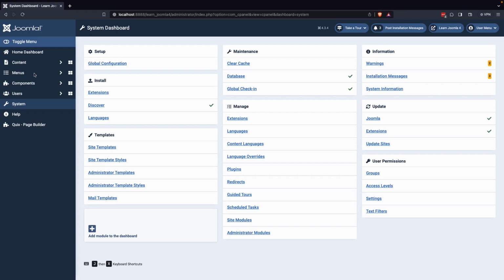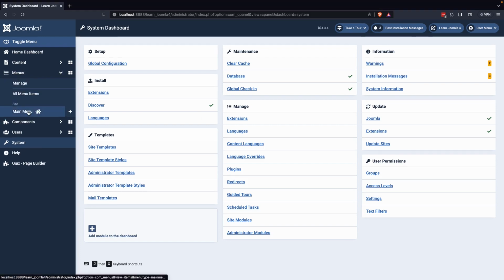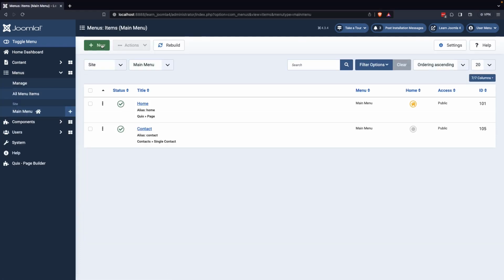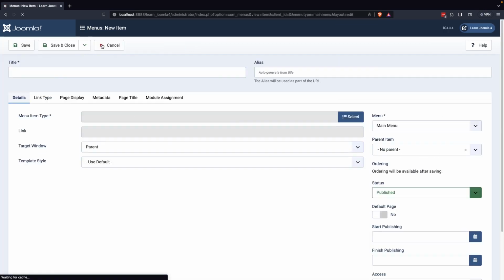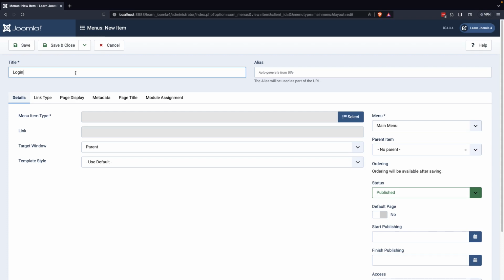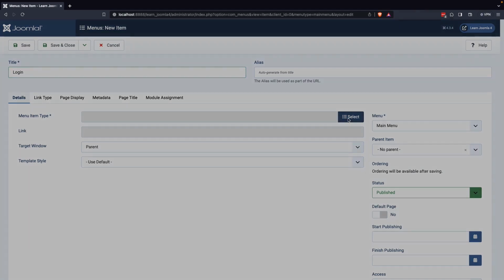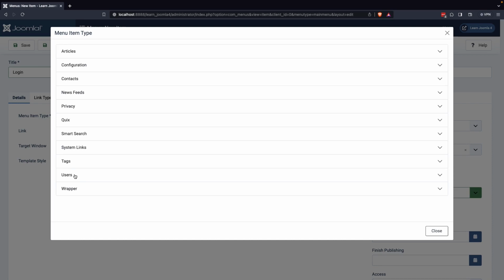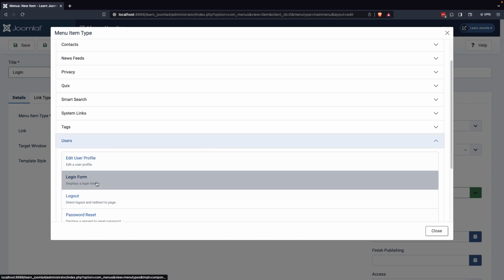simple steps. First, you need to access the main menu from the Joomla menu panel and create a new menu. Click on the New button and give the menu a title that will be displayed on your website. Once you've done that, you need to select the Users tab from the Menu Item Type option and choose the